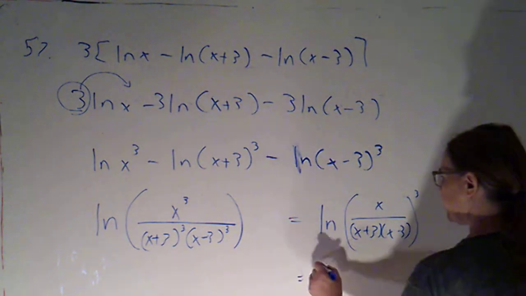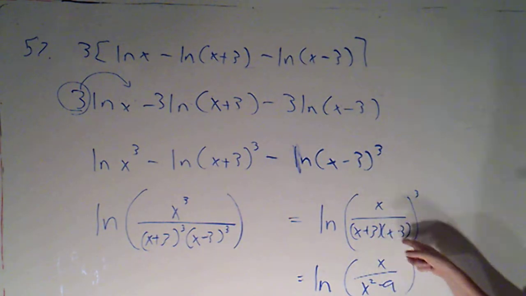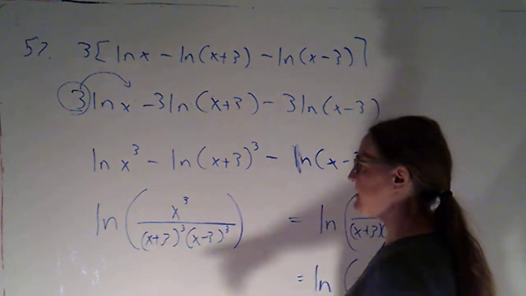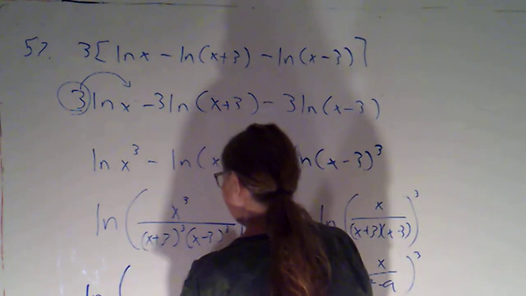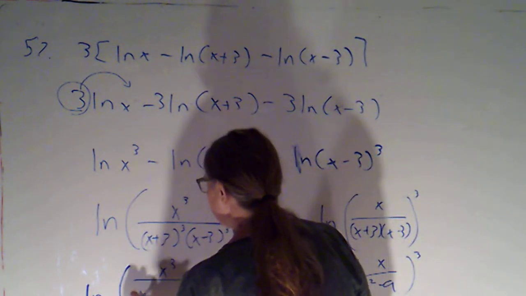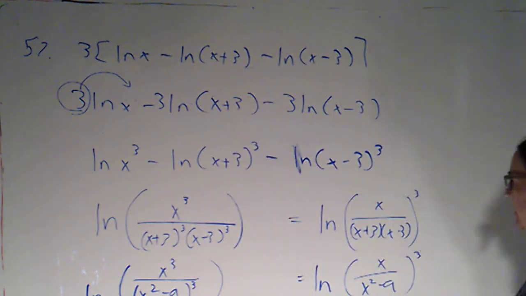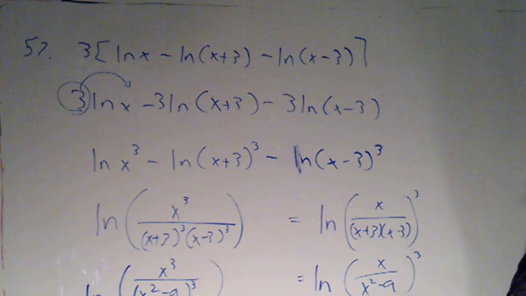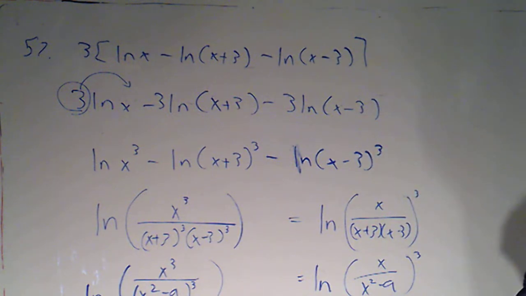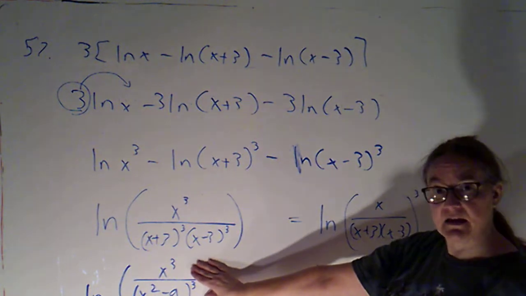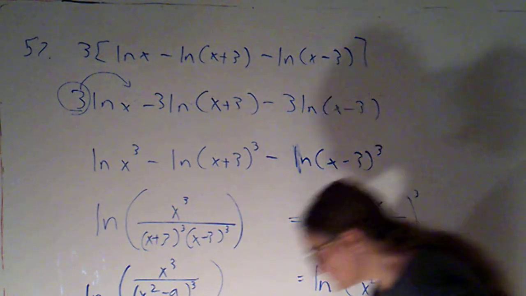We could simplify a little bit further here, because I can do the multiplication and say that's x squared minus 9 on the bottom. If I had the 3 on each piece, I could have noticed that because this is the same, I can go ahead and do that multiplication in the base. So I could have written this as natural log of x over x squared minus 9, all cubed. So a lot of variety in the options for how you can do things. In this case, it was just that one exponent applied to the entire thing. And I'm actually okay with you applying that to the individual pieces on top and bottom, or applying it to the entire fraction. Okay,